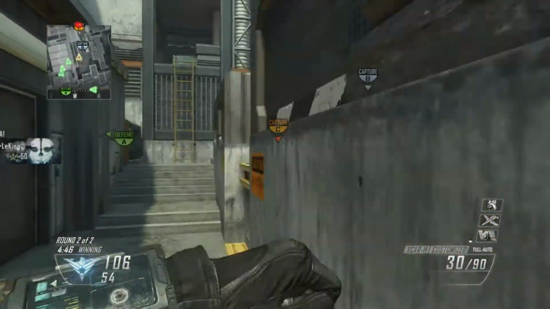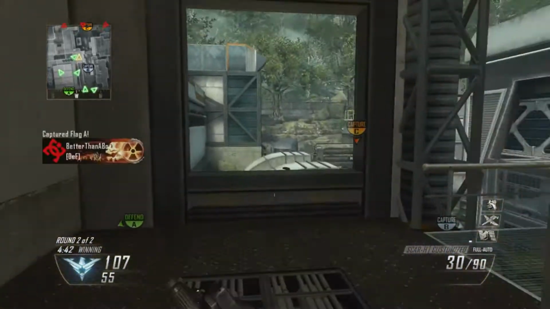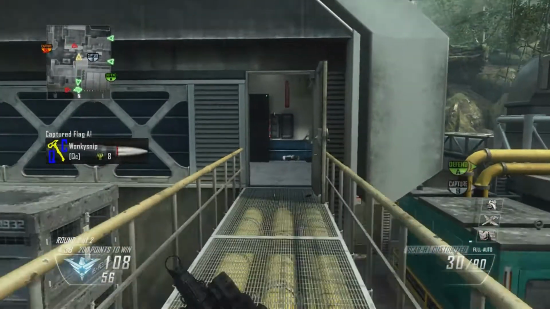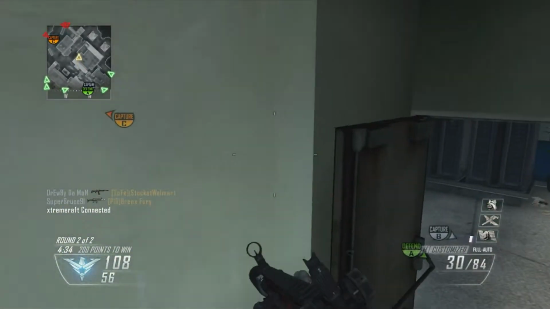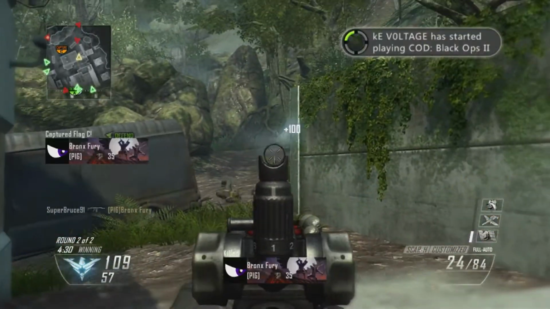Whatever the case may be, depending on the map, if it's a smaller map, you want to use something that you can move around quick with, like a submachine gun. If it's a longer range map, you're going to be considering assault rifles and things like LMGs, because those work at longer ranges. Just make sure you guys have an idea of what you want to use in a certain